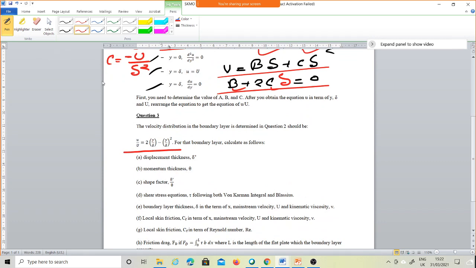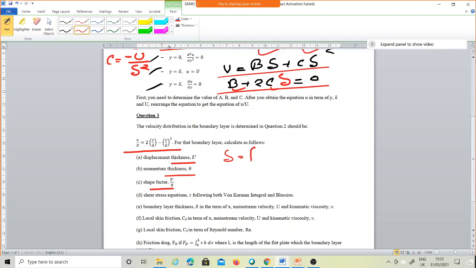Then we continue with this one, calculate the displacement thickness, because this calculation was already done by a few students. We checked it already, so that's okay. And what is the expression for momentum thickness? Also the students already solved it. Shape factor also the students solved. A few of your friends already solved. Remember that whenever you calculate the delta,